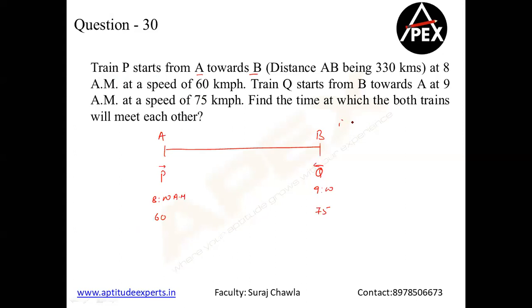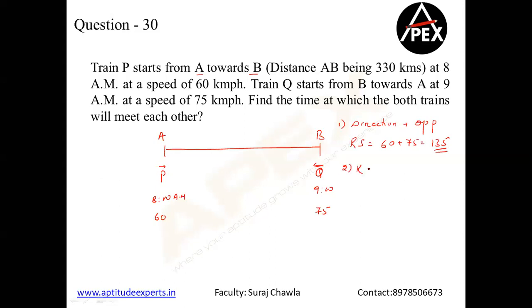The first thing that I need to know is the direction in which they are moving. Now, why will I know the direction? Because relative speed will be a factor of direction. So both of them are moving in opposite direction, which means towards each other. So my relative speed would become nothing but the addition of their speed. So 60 plus 75, therefore my relative speed is going to be 135. Clear? Now the second point we needed to remember was the relative distance.